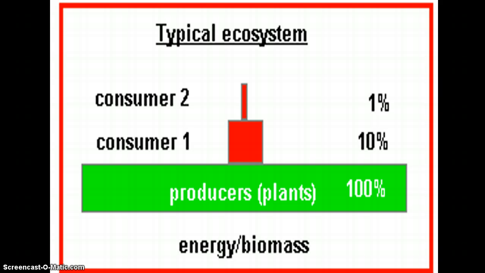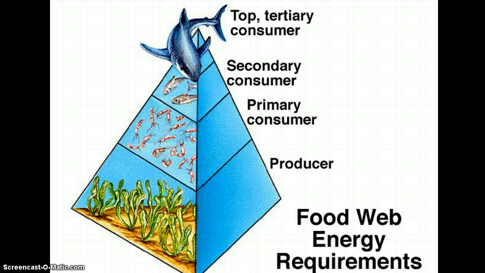So this is another chart showing that. Plants, the producers, are at 100%, the primary consumers 10, the secondary consumers 1. So that's why a pyramid's a nice model to use, because it gets smaller as we get to the top. There's less energy available. So here's just another diagram. Less energy is available to the top consumer. So if you needed energy, you are better off eating the producers.